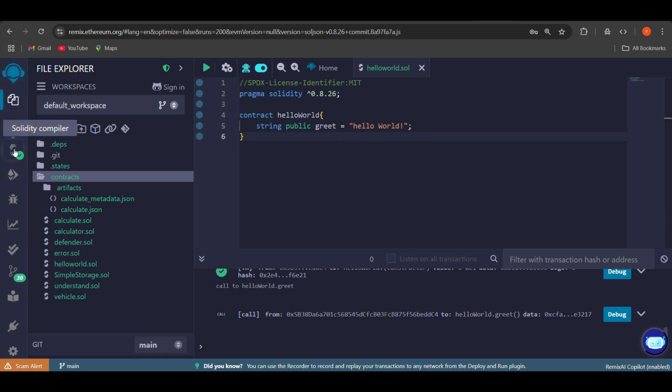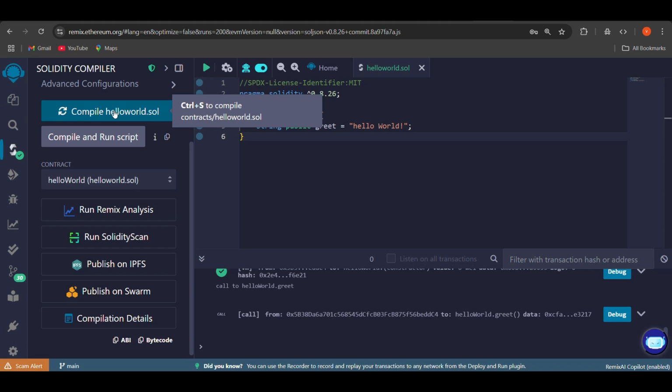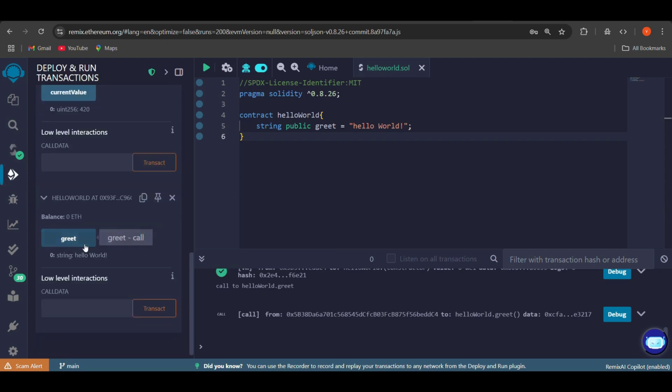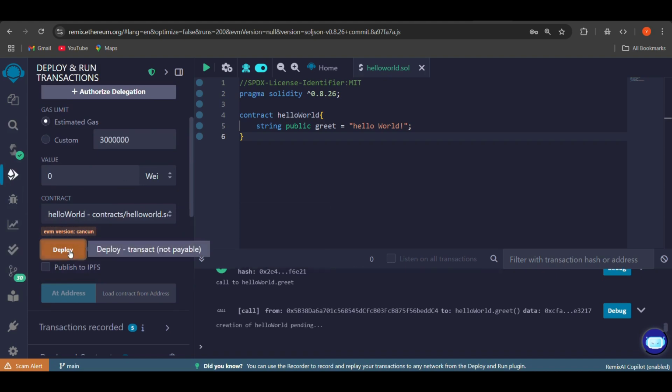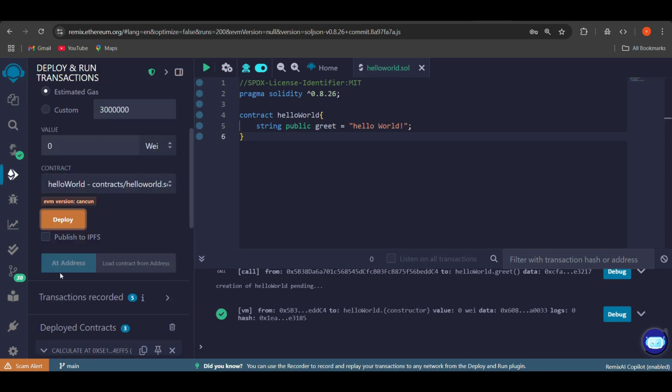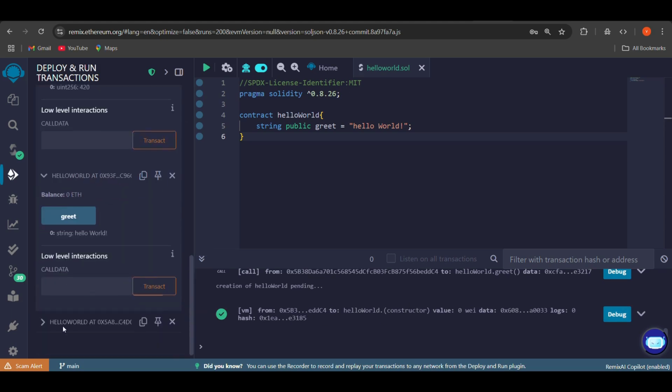So come to this section, and here we will compile this hello world. Or you can compile this way, or we can simply press Control plus S. When you press Control S, it automatically saves and compiles, and then you scroll down and come to the next section, and here we will deploy our contract. At the top of this section you will find hello world and then deploy. Now when you deploy, this address comes here, and when you scroll down you will see hello world at